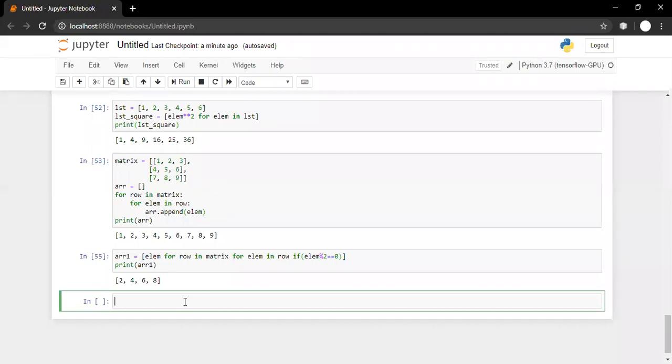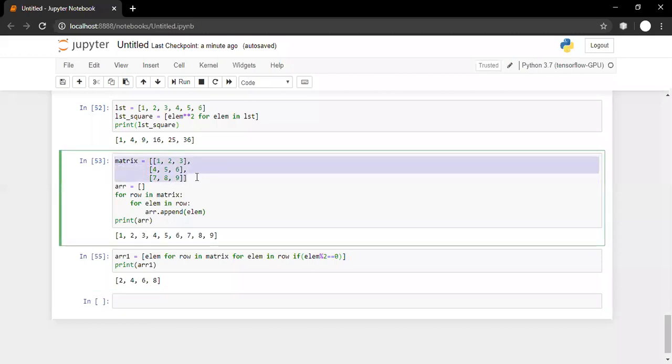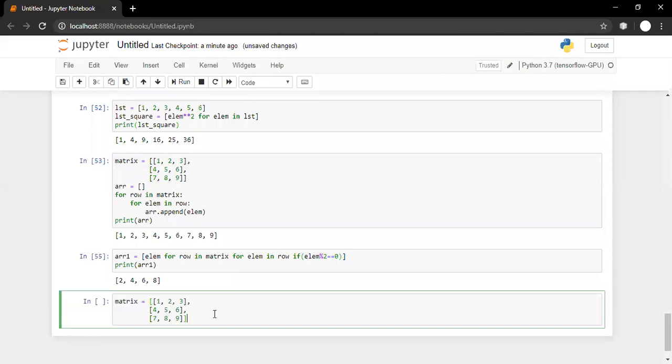So let's move to the next topic, that is transpose of a matrix. This is an assignment for you. You have 3 to 5 minutes. So what is my question? This is a matrix.